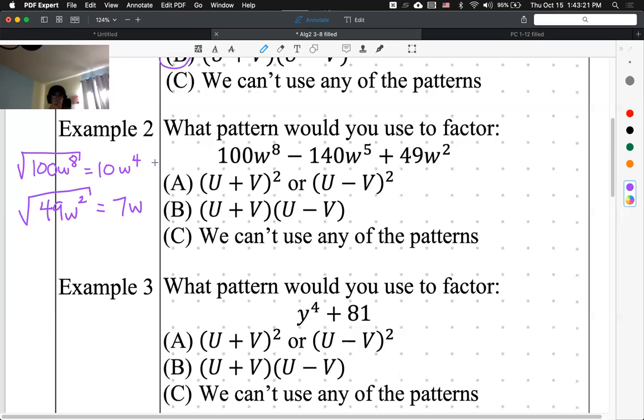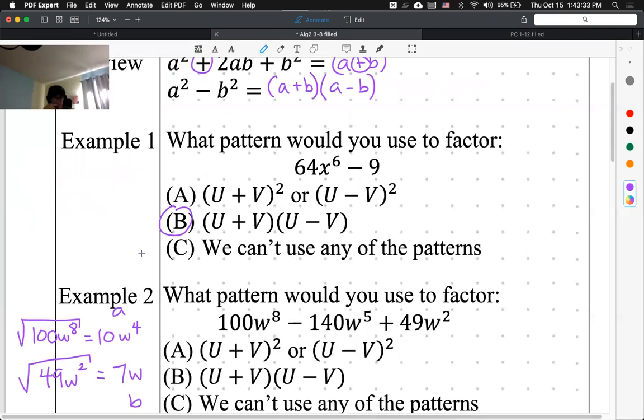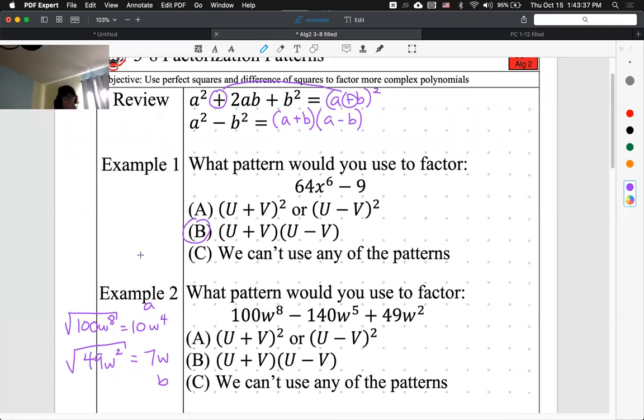That means that our A squared used to be 100w to the power of 8. When I take the square root, our value of A is 10w to the power of 4. Our value of B is 7w. Come look at our formula again. It's just barely right there. Can I zoom out a little bit? There you go. Our value of A right here, in this A plus B squared factor form,